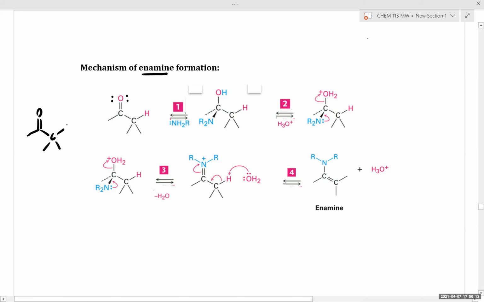I find when you look at the mechanism in the book, they sometimes like to bundle steps together. So we have our acid source. It has to be a pretty strong acid. And we reversibly generate our protonated carbonyl. From here, we have a much more electrophilic species, and our nucleophile, which in this case,